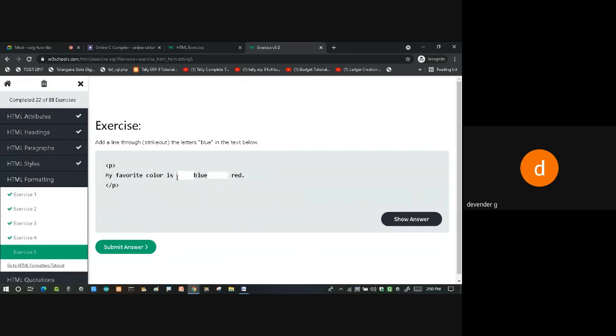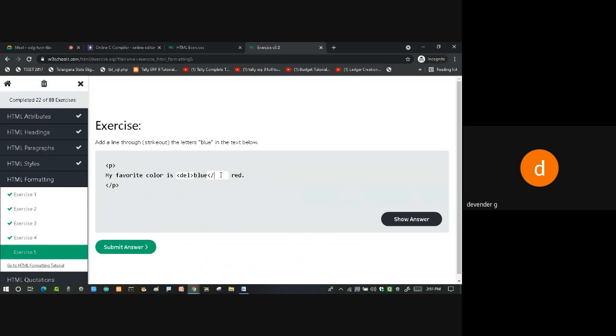Now he wants to strike the text. You have seen the highlighted one; you want to strike the text. I'll be using something called strike, which adds a line to strike out the text. I know it is strike, but we have a new one, which we call del.